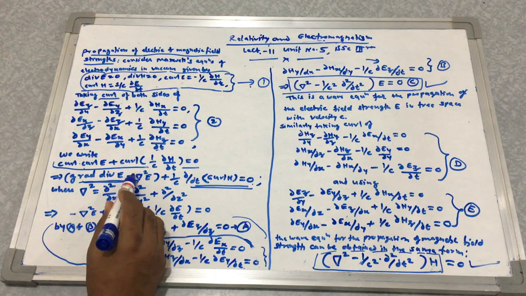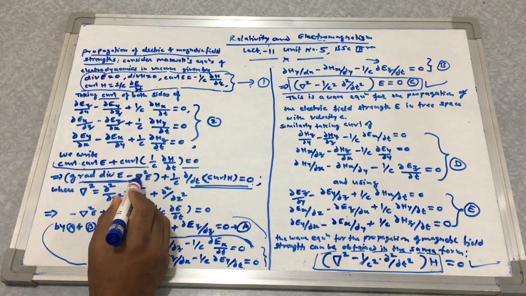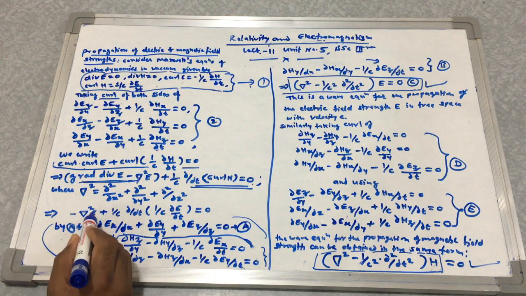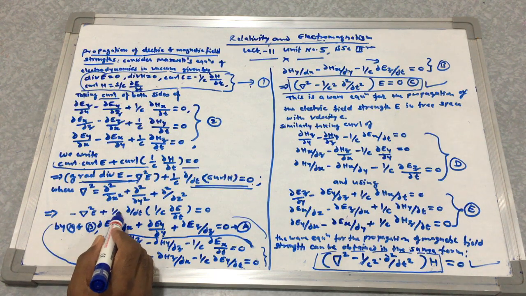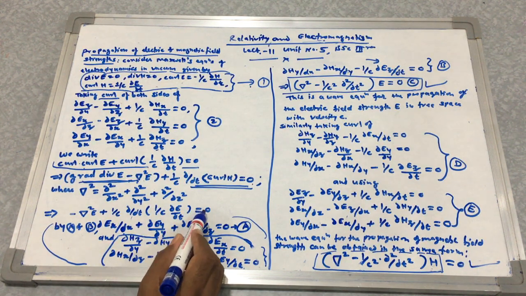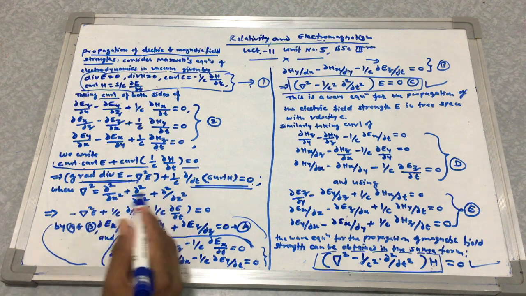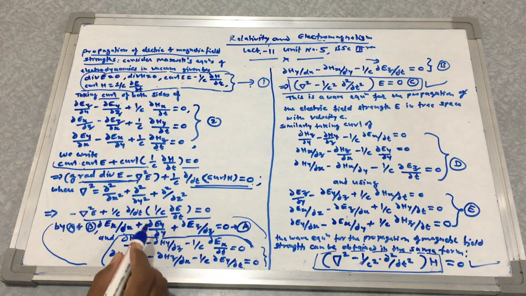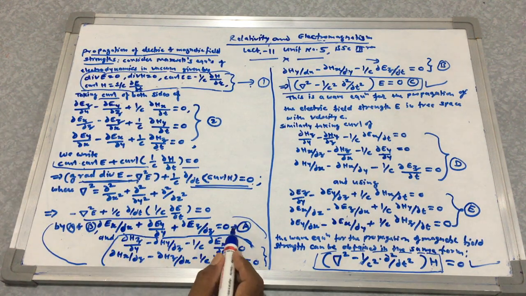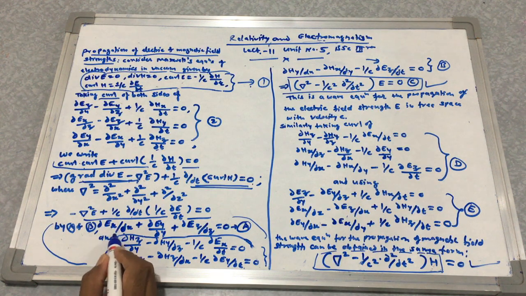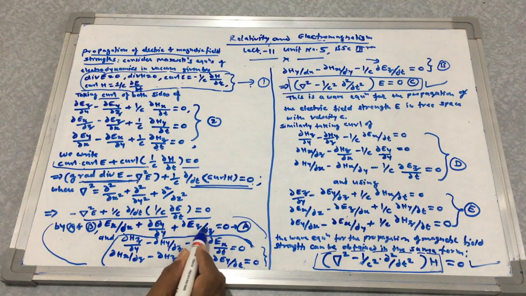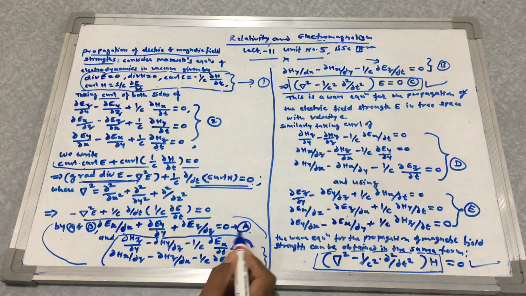And minus del square E, minus del square of the electric field. So minus del square E plus 1 upon c del upon del t into the bracket 1 upon c del E upon del t is equal to 0. So we will have this equation. This is important. So we have equation A: del Ex upon del x plus del Ey upon del y plus del Ez upon del z is equal to 0.